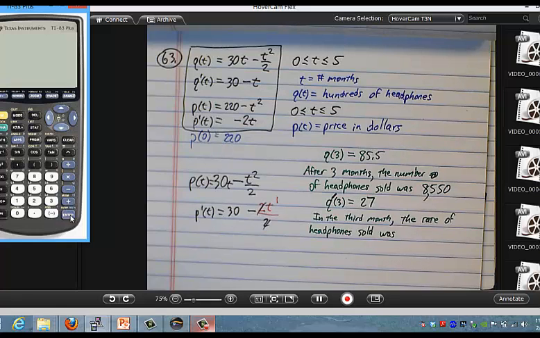Here it's increasing. You can see it from the picture. You can also see it because the derivative is positive. So it's increasing